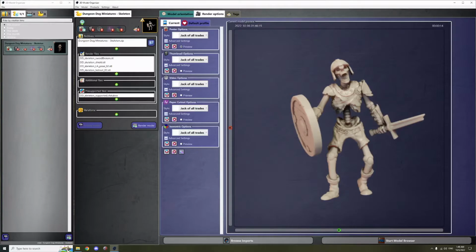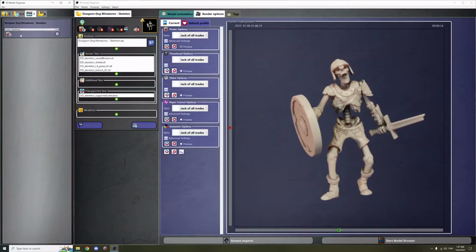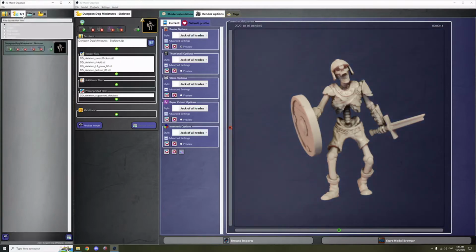So let's just overwrite the poster. You can see the models that get rendered in this area in the render list. And when we are satisfied,